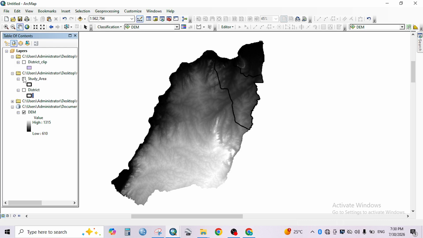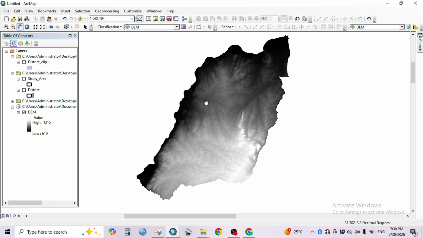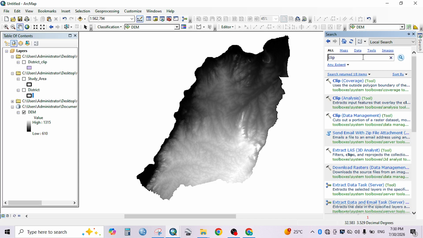So I'm going to cut this polygon using the clip tool, which we've just seen in this search panel. The name of the tool is also called clip, but this time around it is found under this data management tool collection. So I can either access the tool right from here,